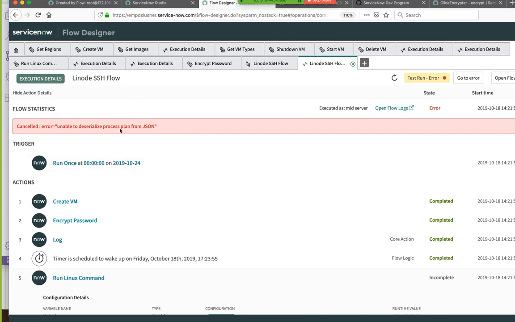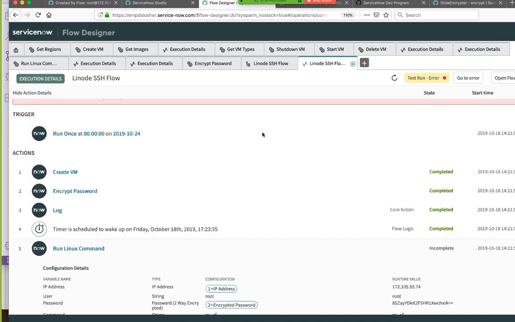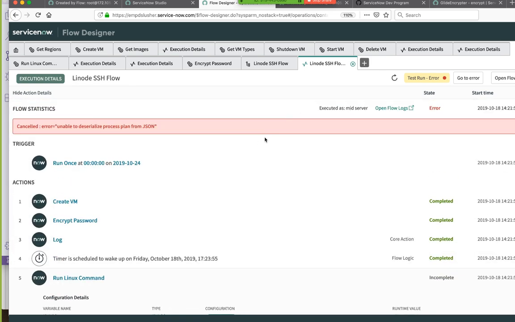I don't know that I have the tools right now to tackle what that even means. But I feel it was executed as the MID server. I mean, that's the error that the MID server is returning. I wonder if that's not a Flow Designer error. That's the MID server's response from running the command.